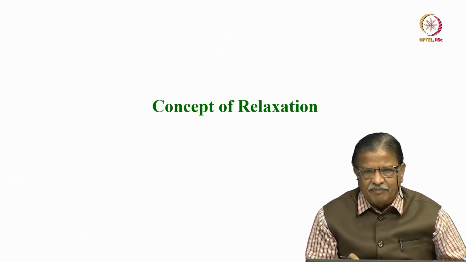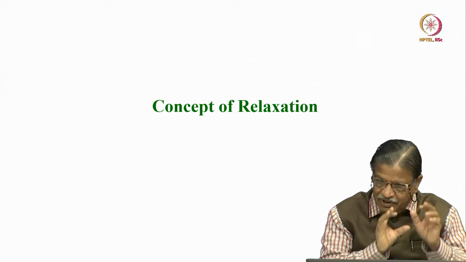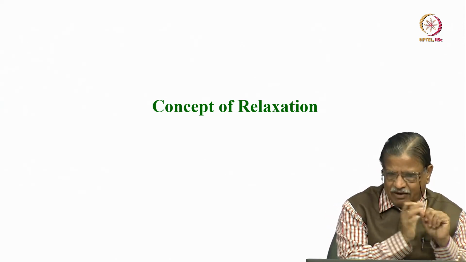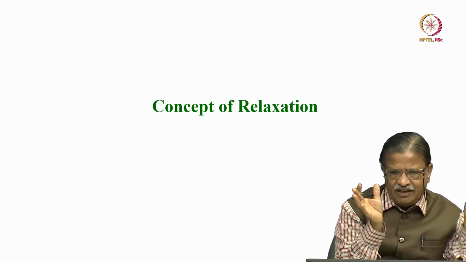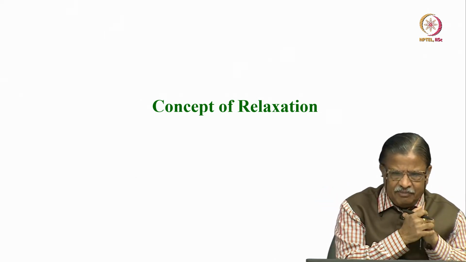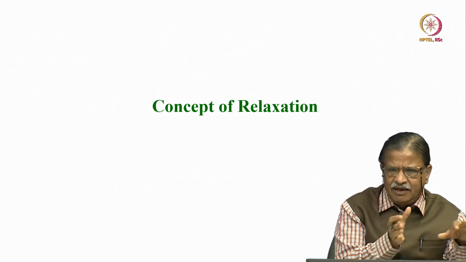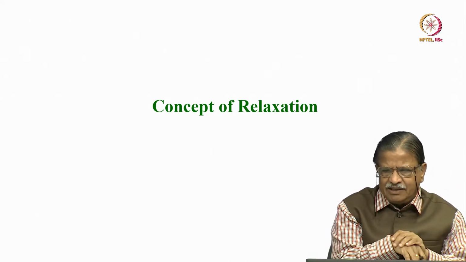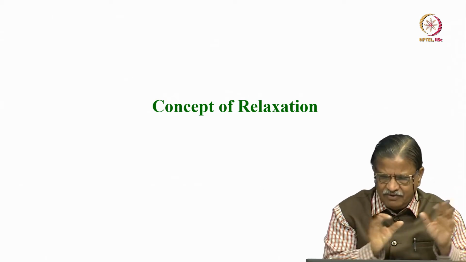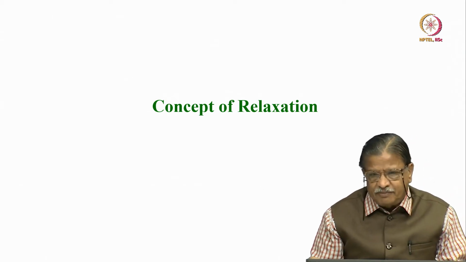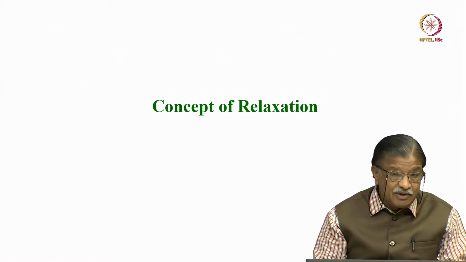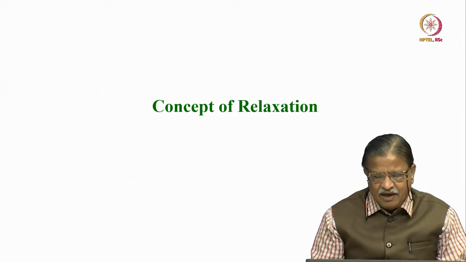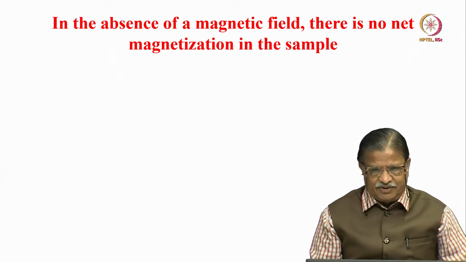Both are happening simultaneously. So with this, what are these phenomena? How is it happening? It is enough if I say these are the two relaxation phenomena. Magnetization has decayed in the xy plane and it has grown along the z-axis. One is spin-spin relaxation, the other is spin-lattice relaxation. Fine. These are the two concepts, but two terms. You have to understand more about how it happens, the concept of relaxation.